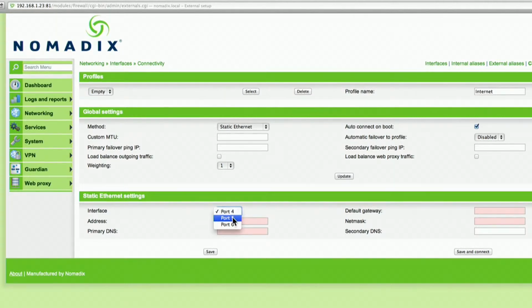We will select port 5 for this example as the interface that we are setting the external connection on. We will then configure the IP address that you received from your internet service provider. For this example, we will use 192.168.110.45. We will then need to enter the default gateway as received from your ISP,